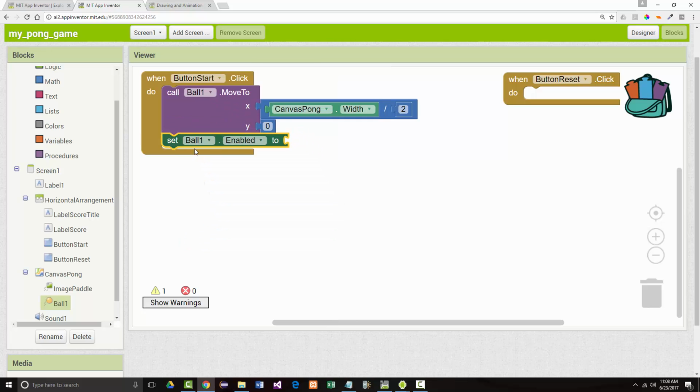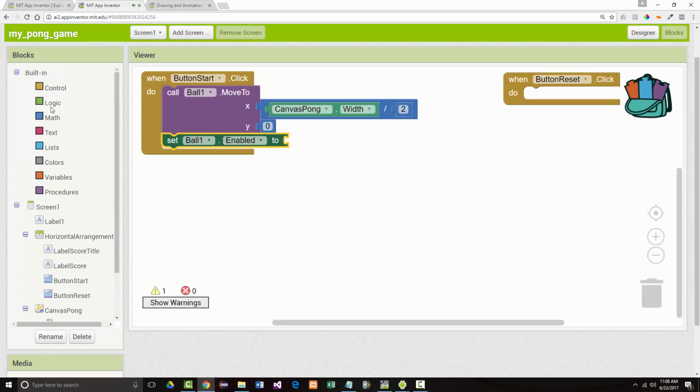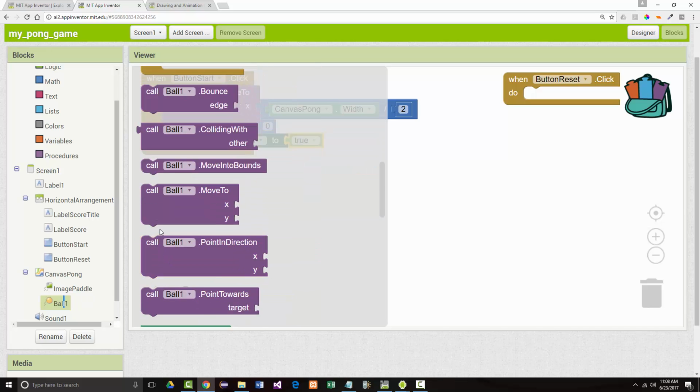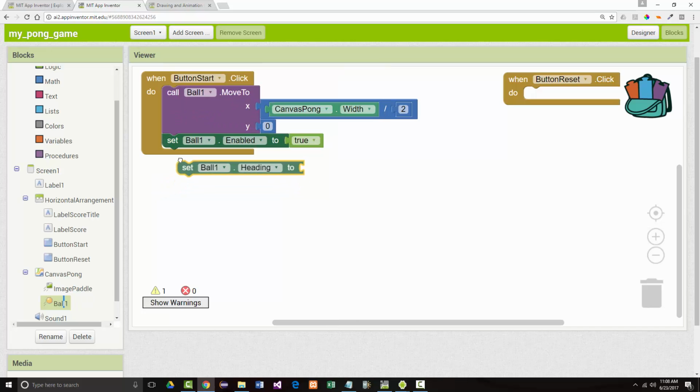So we want to set ball enabled. Well, we want to set it to true, meaning that we are able to move it. And then we want to set what's called the ball heading. We're going to look at all of these in just a minute. All right? So let's find the ball heading. And we're going to set that to,